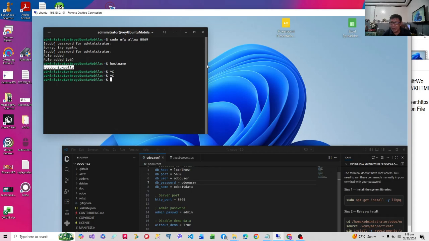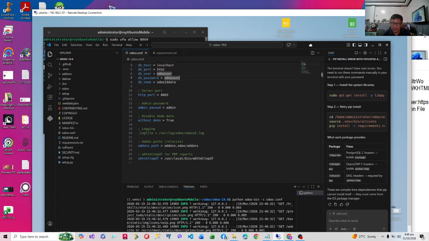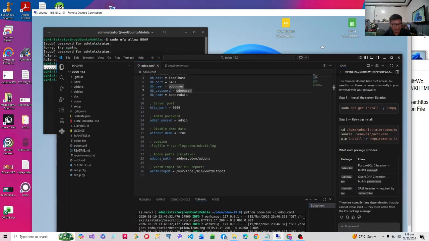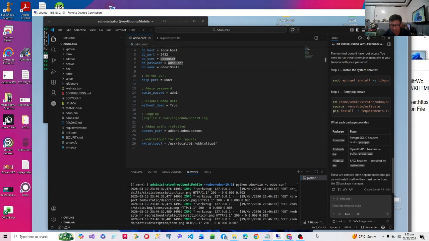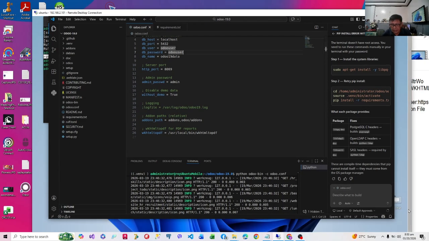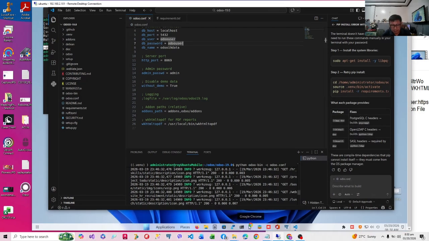And by popular demand, we are also going to install a very beautiful theme that will make our Odoo Community Edition look like the Enterprise Edition. It's called the MUK theme, I'm sorry, the Muk theme. So anyway, let me run it locally, so I can download files. It will be easier.